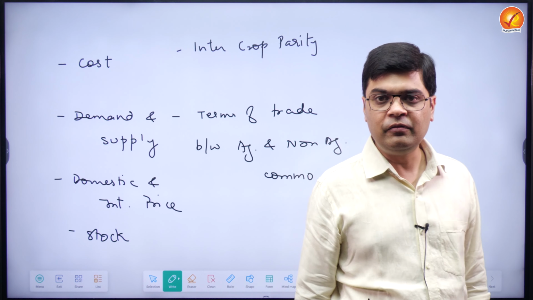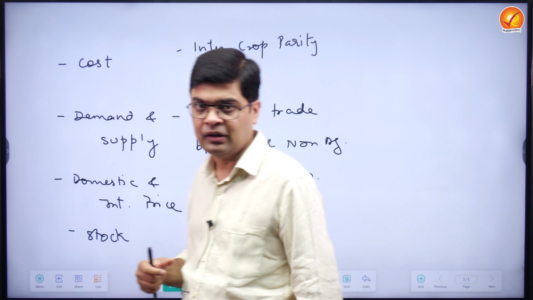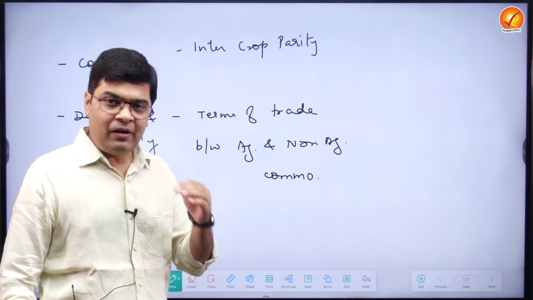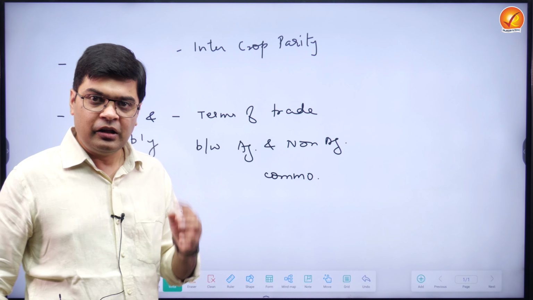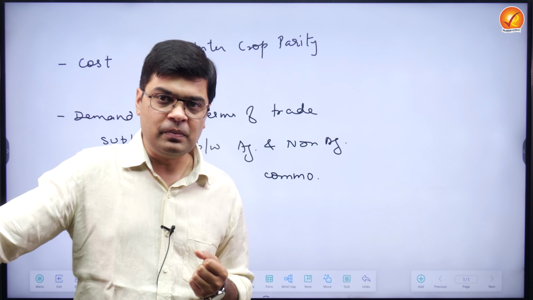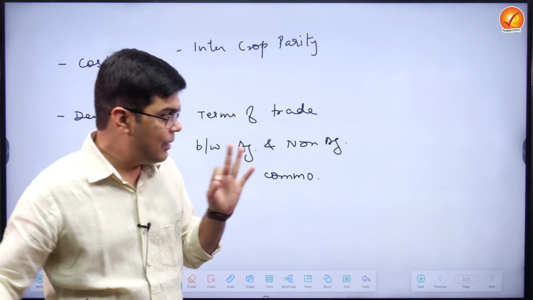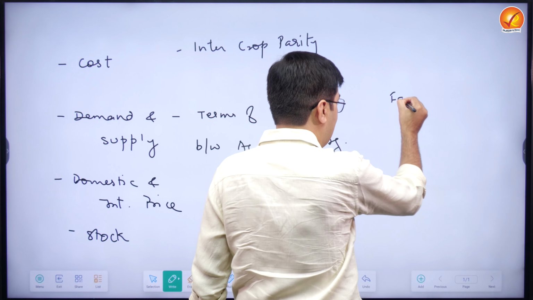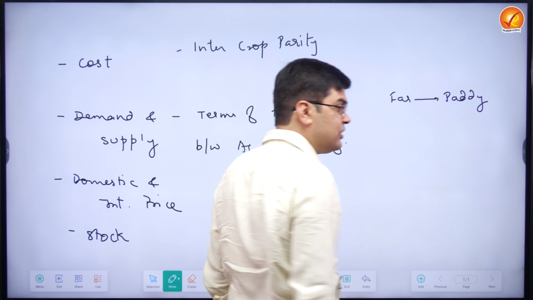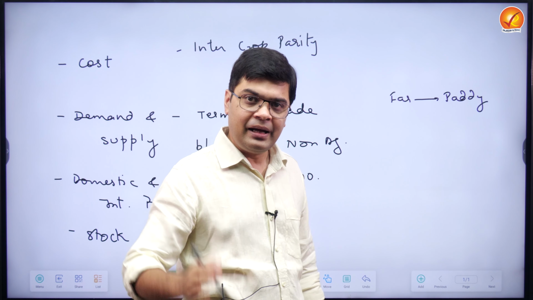terms of trade between agriculture and non-agriculture commodities. What does this mean? It basically means that if I am providing MSP, the farmer will use this income which he gets through the MSP to purchase non-agriculture commodities. Just for example, I am a farmer, I am selling paddy in the market. Okay? When I am selling paddy in the market, this is the only source of my income. And let's say